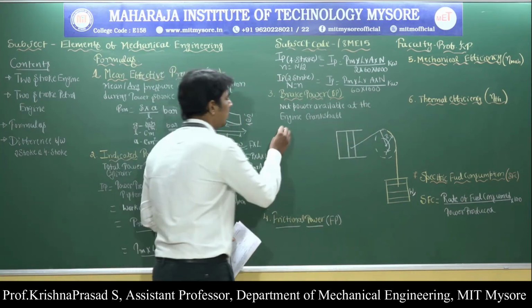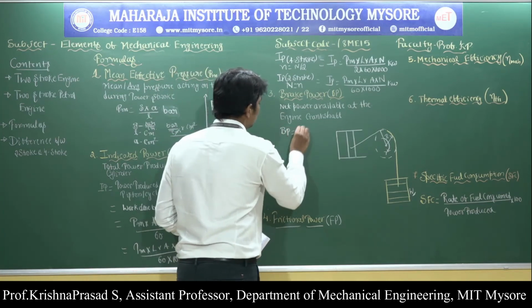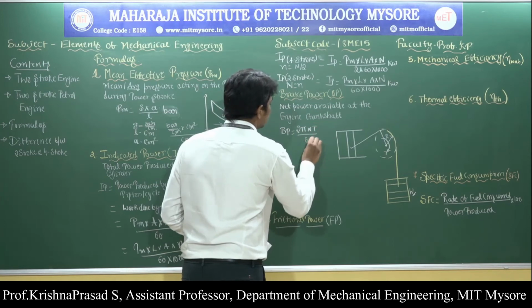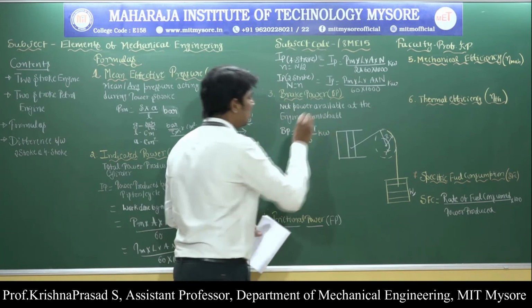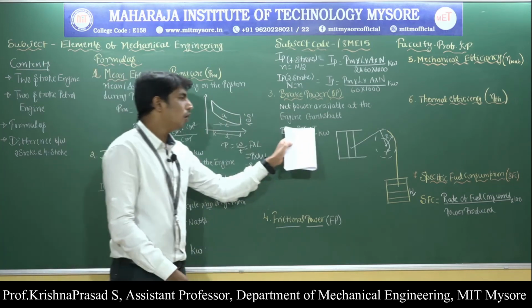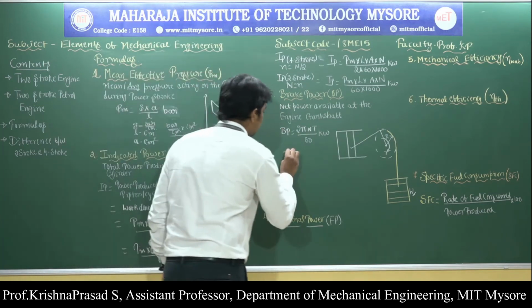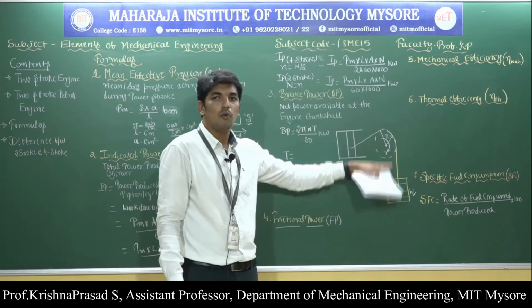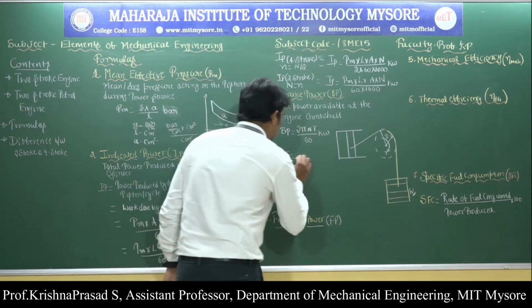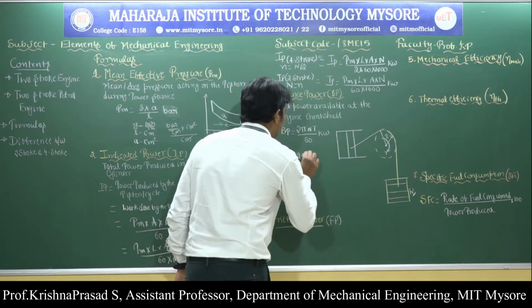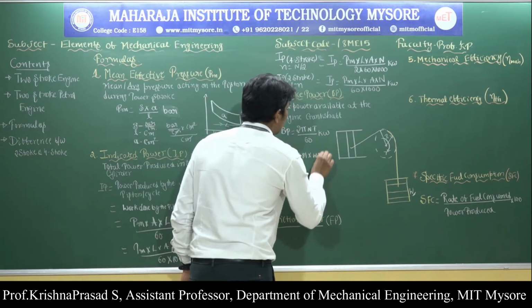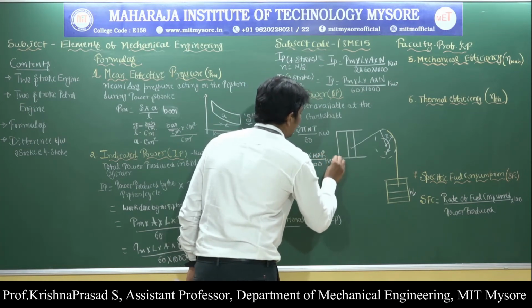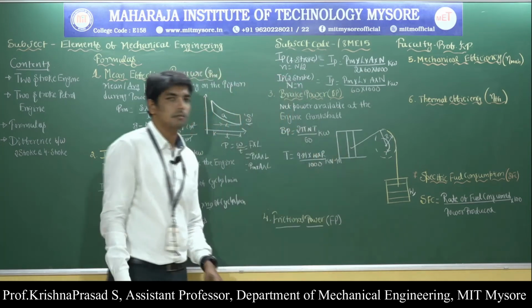Okay, so what is the brake power formula? It is 2 pi N T by 60, and the unit is again kilowatt. Then how to calculate the torque? We all know that torque is nothing but force into radius, but here we are applying the weight W. Therefore, that is 9.81 into W into R divided by 1000. That is we are going to obtain in kilonewton meter.